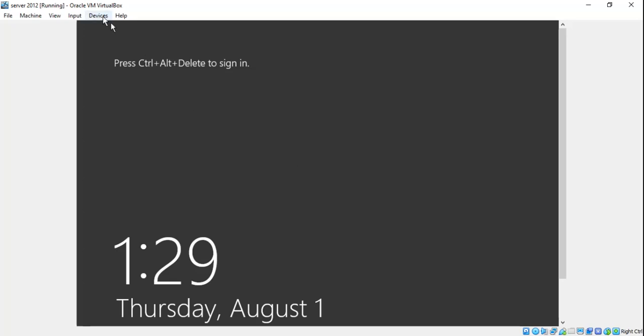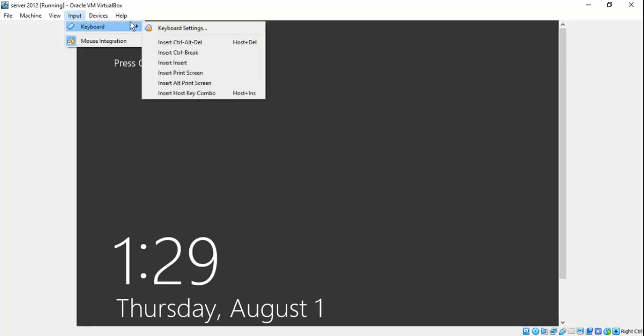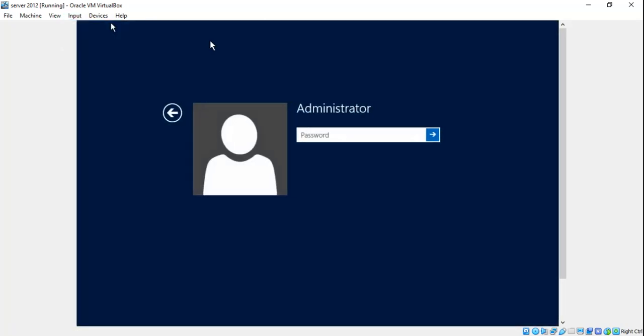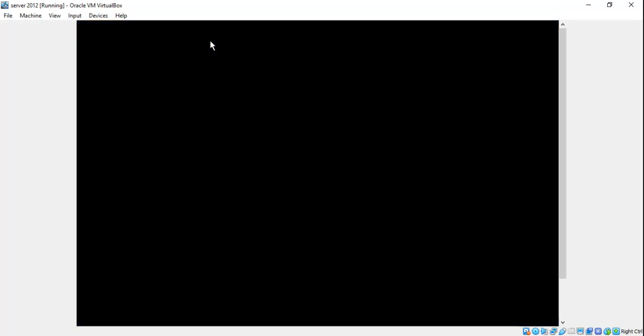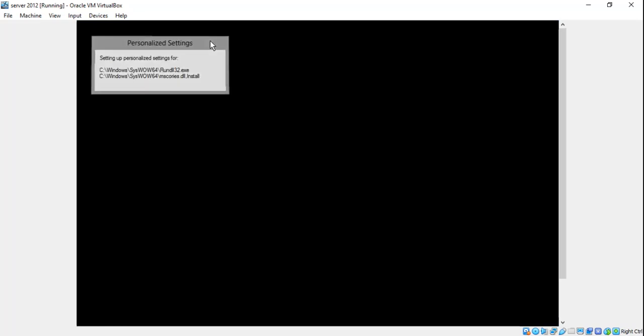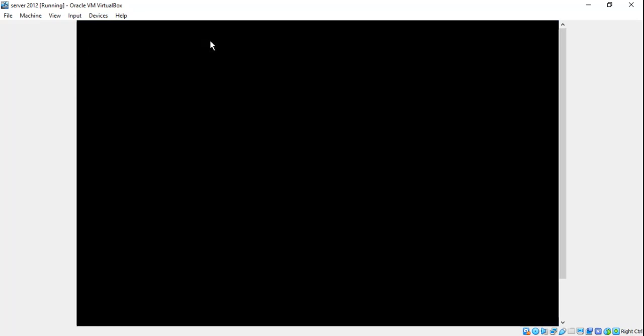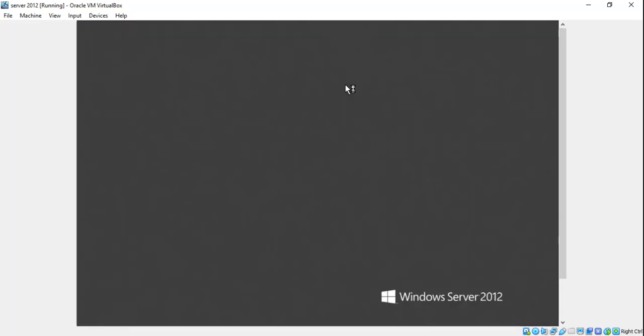So let's go to input keyboard and select this option, that is insert Ctrl Alt and delete. Okay, and type your complex password here and hit enter. Okay, so this is how you can install Server 2012 in your VirtualBox, and it says it's setting up for us because it's the first time that we have booted this operating system, so it will take some time.